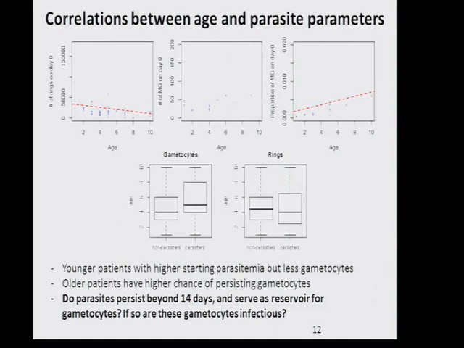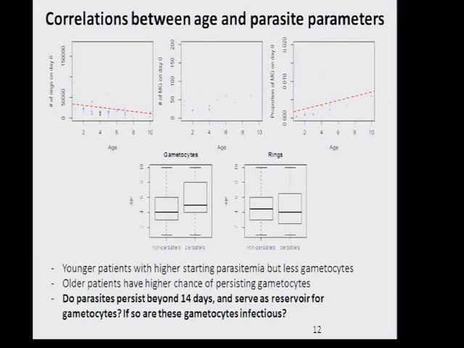And then we also looked at a couple of parasite versus patient parameters, and we can see what can actually be anticipated. But interestingly, even in a cohort that's in a relatively narrow age range, the load of the asexual ring parasitemia negatively correlates with age, so the younger the patients, the more parasites they have at the beginning. And the older the patients, the higher the proportion of gametocytes, while the total load of gametocytes does not increase. Corresponding with that, the younger the patient, the more likely to have persisting ring parasites, and the older the patient, the more likely to have persistent gametocytes, at least in the AL-only arm.